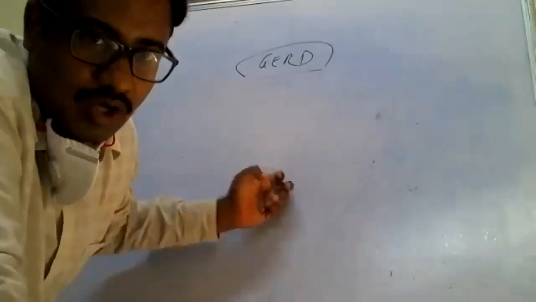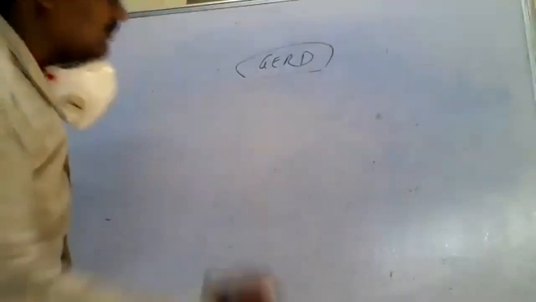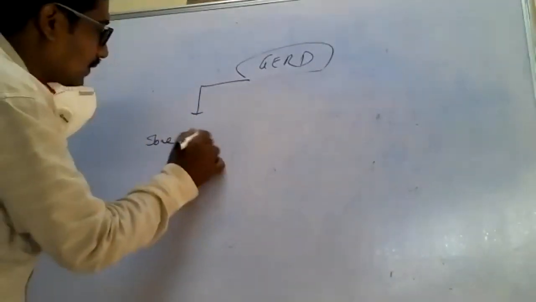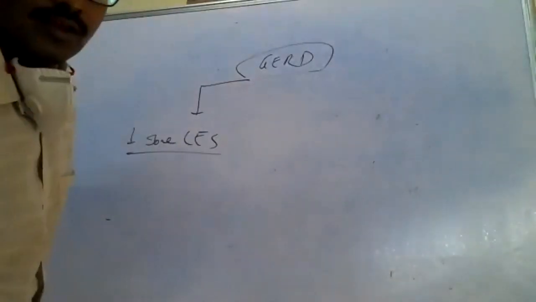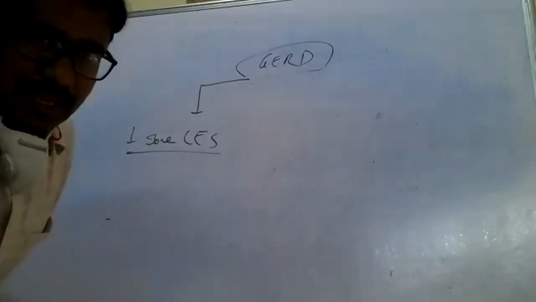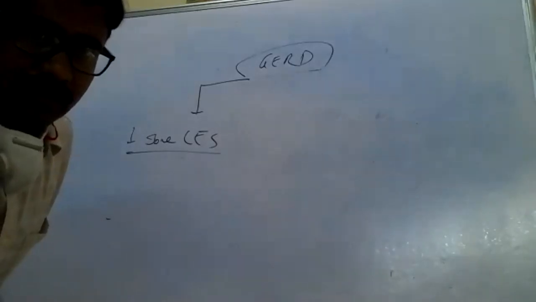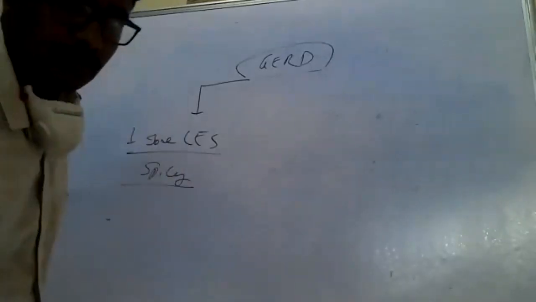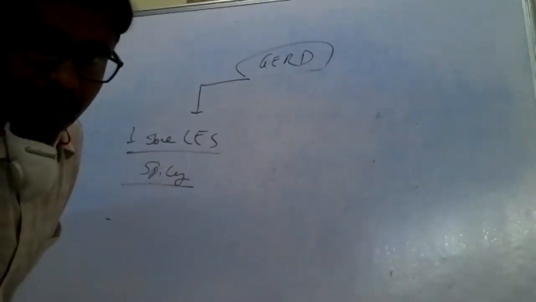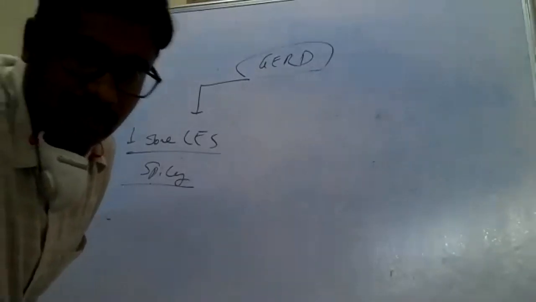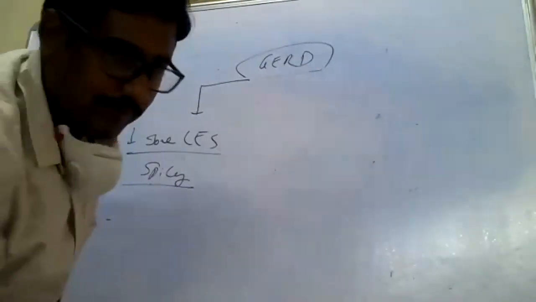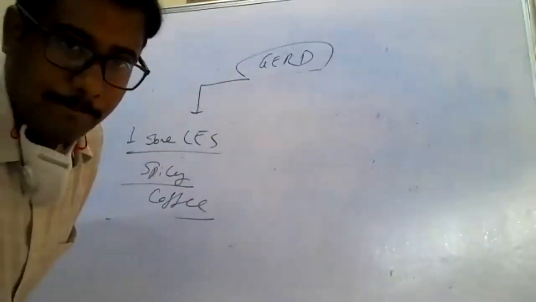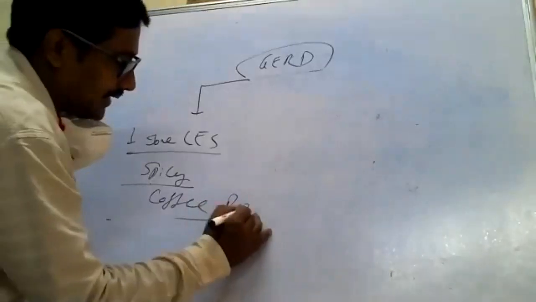So what are the causes which relax the sphincter or decrease the tone of the lower esophageal sphincter? Can anybody say a few reasons? Daily activity: eating biryani, Hyderabadi biryani, spicy food. We take coffee daily, for watching TV, otherwise we'll get sleep. So coffee is also a factor. Still what? Not peptic ulcer. It is peppermint.